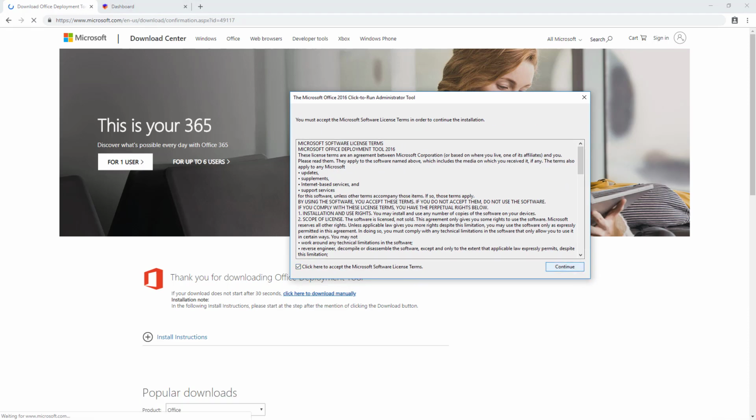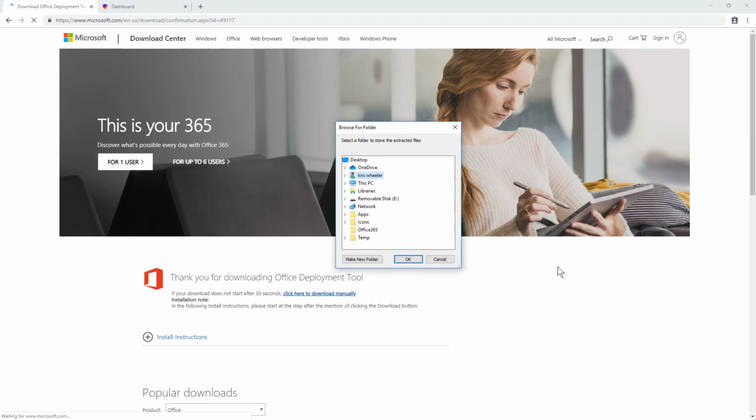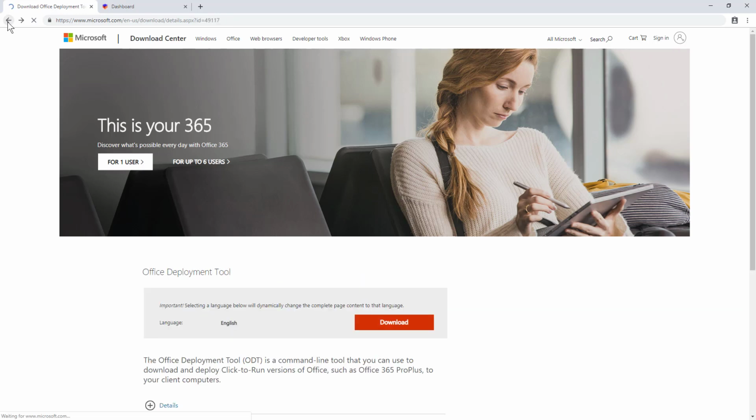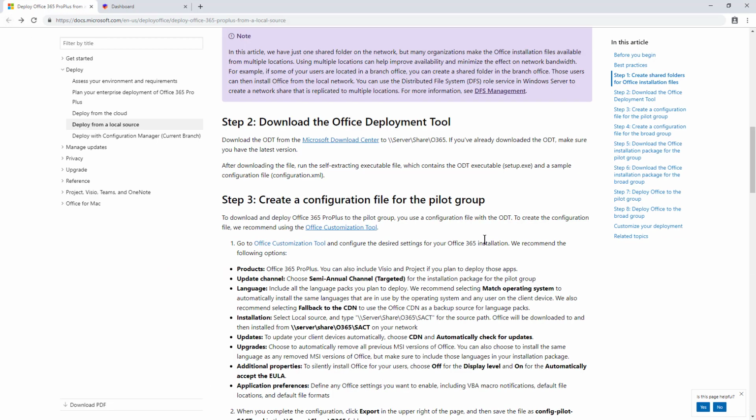We'll click OK and continue, and then it'll ask us where we want to put the extracted files. I created an Office 365 folder on my desktop, and I click OK, and it tells me the files have extracted successfully. So once again, using the link in the description, go to step 2 and download the Microsoft Office Deployment